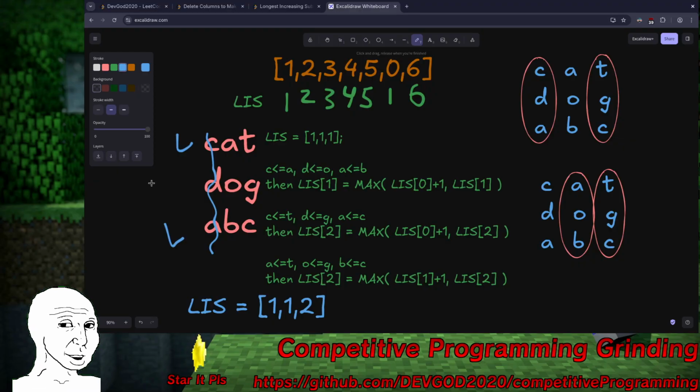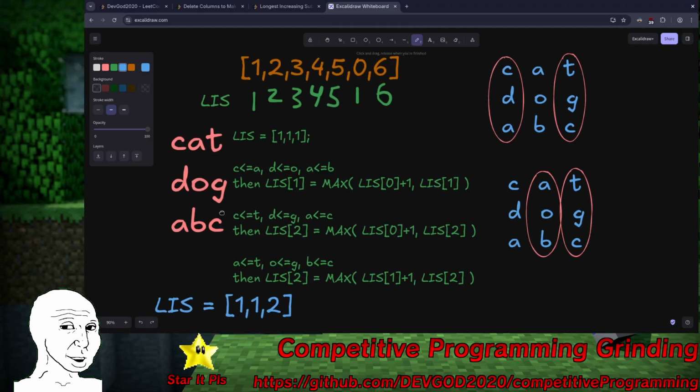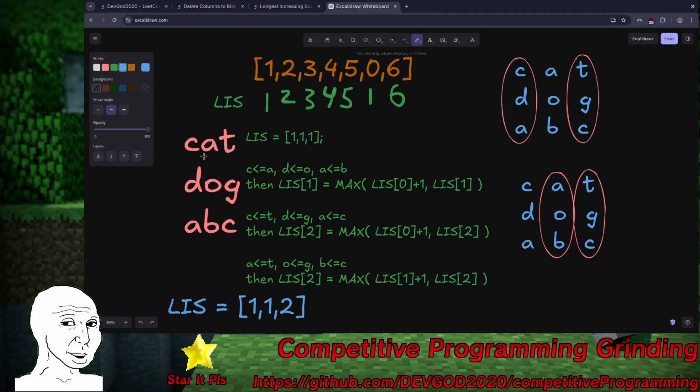BC, that one's okay. But then OG, that one's still an invalid pair. So we're going to say that's invalid. So that wouldn't be a valid way we could do it. But on the flip side, what we could do is delete this column right here in the middle,